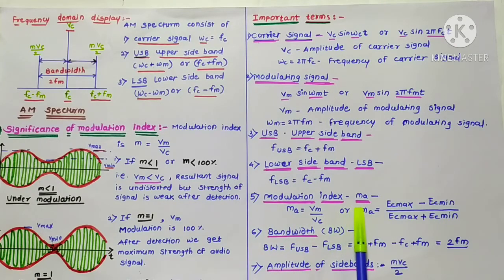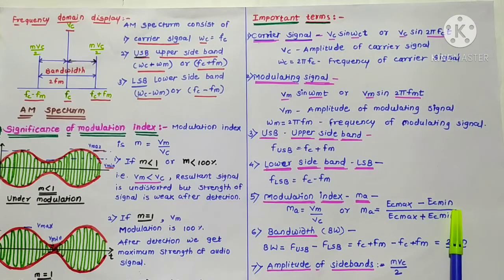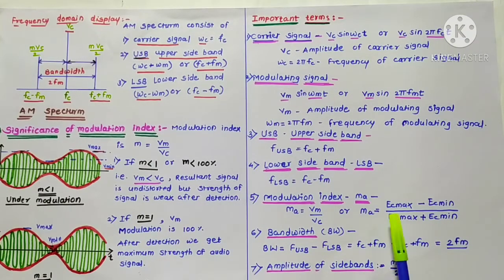Then modulation index. Here modulation index is equal to the ratio of amplitude of modulating signal to the amplitude of carrier signal, that is Vm upon Vc, or Ma is equal to Ec max minus Ec minimum upon Ec max plus Ec minimum. Sometimes instead of E, here V is written. Okay students,